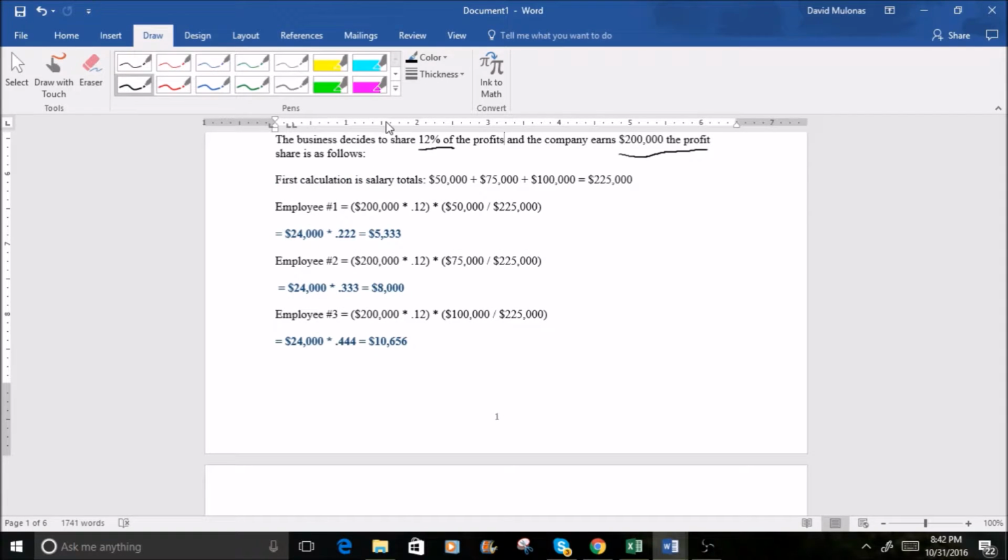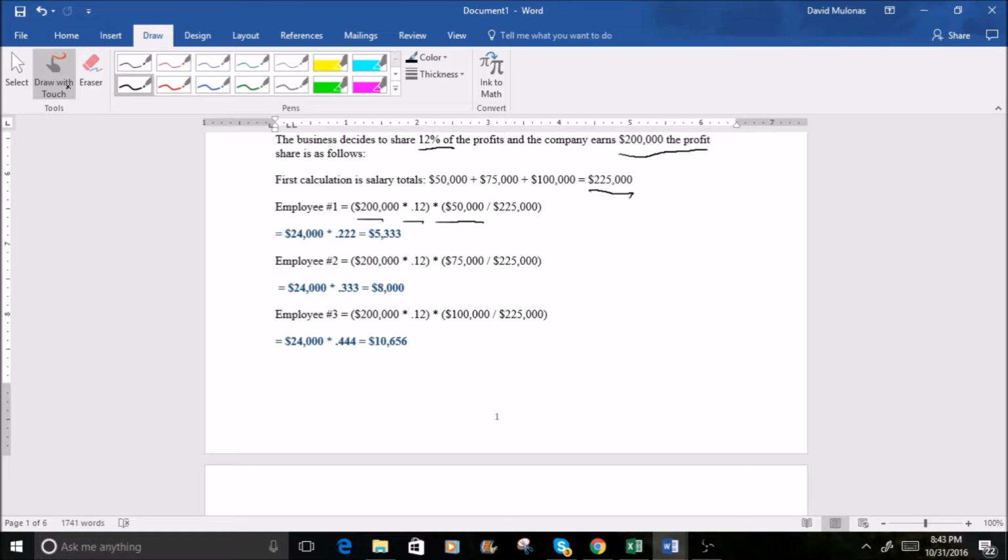You can see the first calculation here takes the totals. So you have the 50,000, the 75,000, and the 100,000, and it's $225,000. That's the base number where they come up with the formula. Now we can see employee number 1 is the $50,000 earner. So now we take the $200,000, that's the earnings, multiplied by what they're going to give to the employees, which is 12%, and it comes out